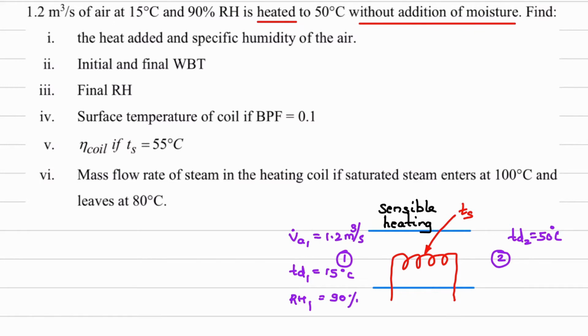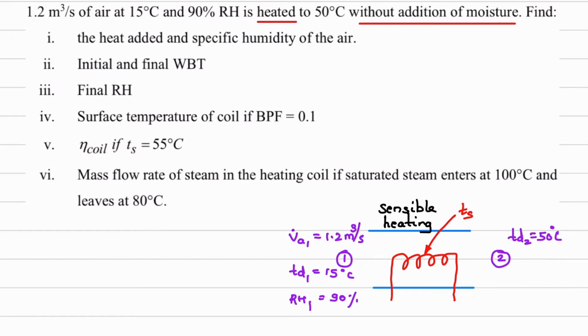What we have to find? We have to find all these things. Okay, so we'll calculate this one by one. What is the first question asked? We have to calculate heat added. Now heat added, what is the equation of this? We have seen in the theory part. Q dot A is equal to mass flow rate of dry air, into higher enthalpy minus lower enthalpy. Higher enthalpy is H2, lower enthalpy is H1. This is the equation. Now in this equation, we don't know m dot dA, H2, or H1. We will get all these values from the psychrometric chart.